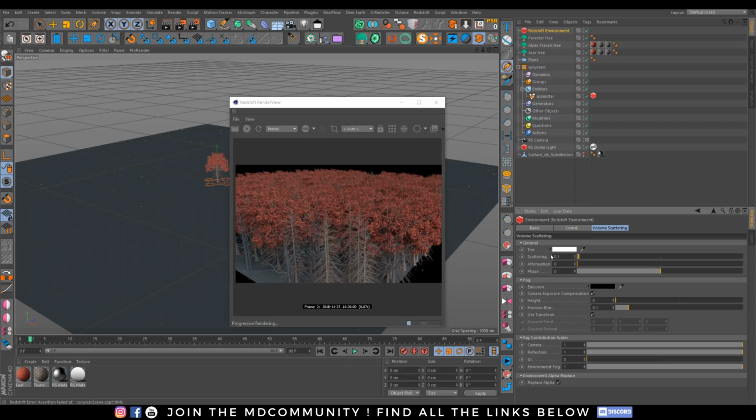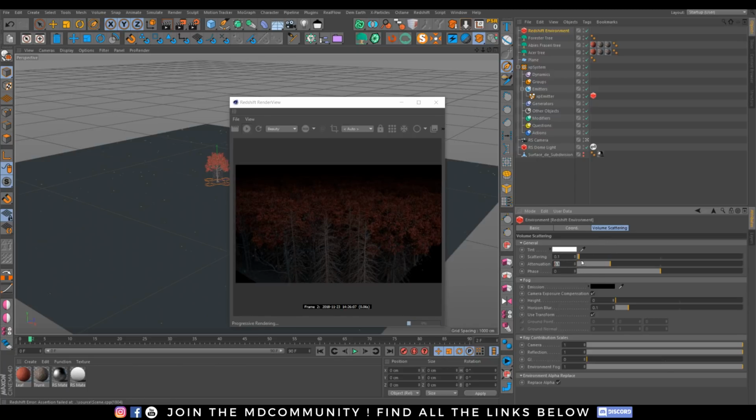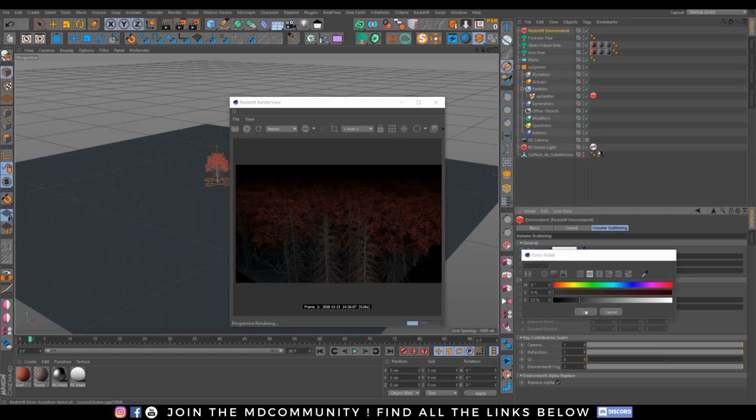Let's go in general. Let's put 0.1 in attenuation. If you do not set this, you will not have the fog. And you start to have some kind of nice fog. You can change the color, for example. But